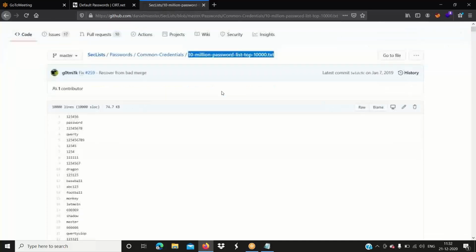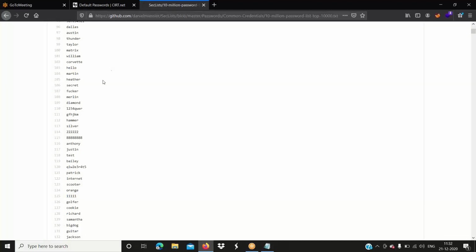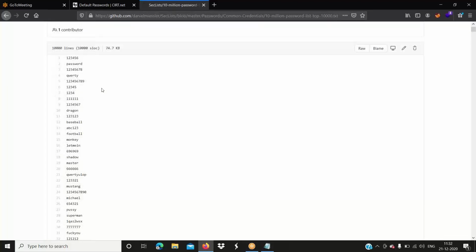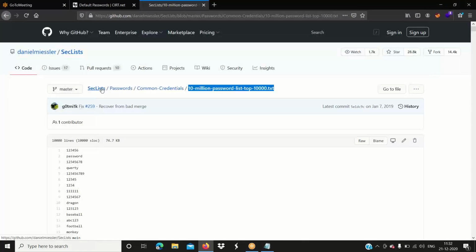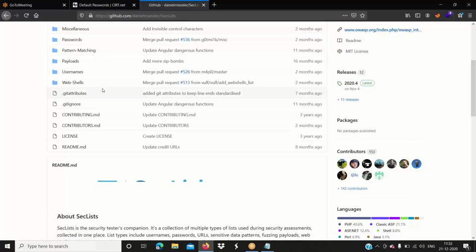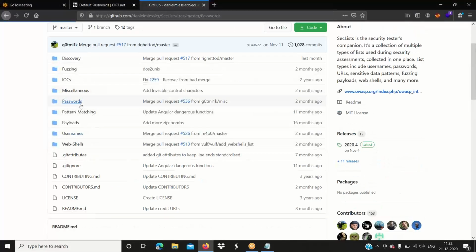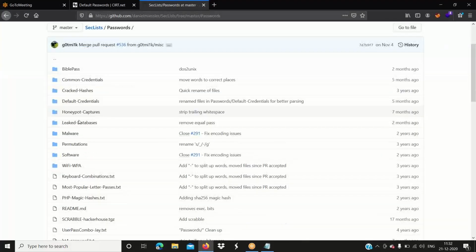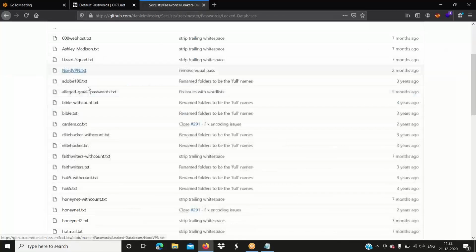Even they will use this kind of commonly used passwords to check if they are using anything from it. Here are the passwords. We even have leaked database passwords also, right?